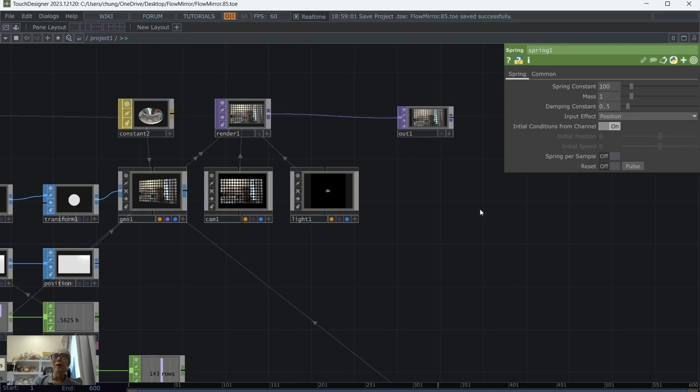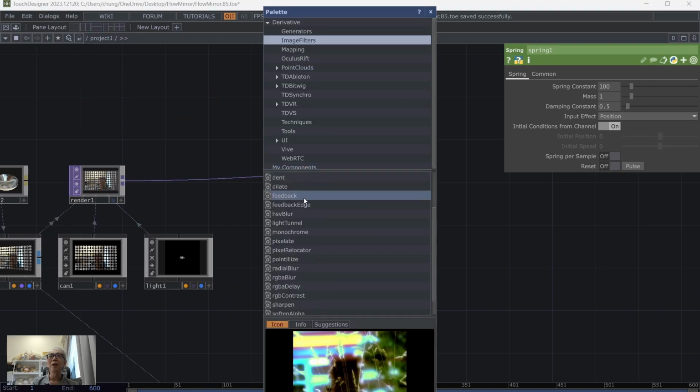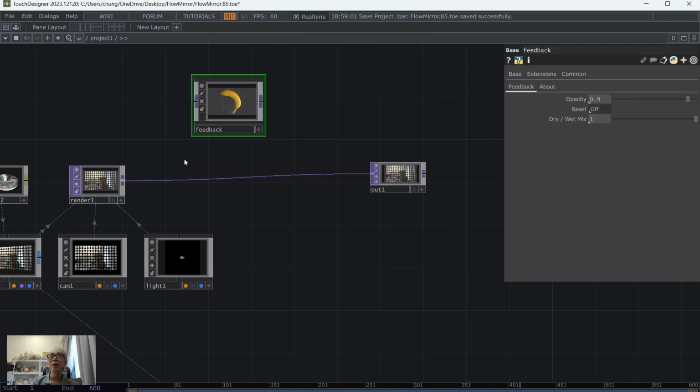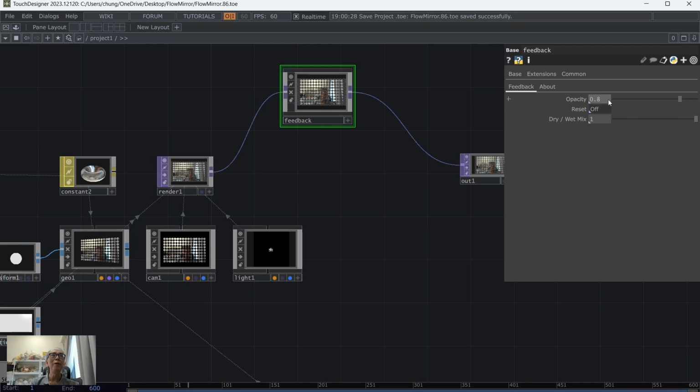And to complete, depending on your artistic judgment, if you want to add something like a feedback, you can have a slight motion blur for the rotation of your mirror. That gives you some kind of fun in working with your piece of work. So that is the thing you can play around with. So if you do like 9 in this case,